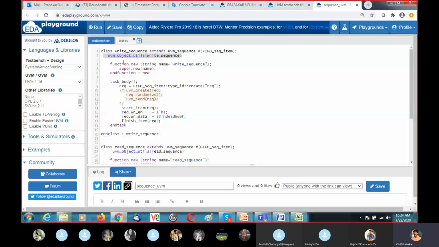So sequence is inherited from UVM object, right? So it is an object, not a component. UVM sequence is an object. So you have to use the UVM object utils. Then this function new, a new constructor for this sequence. Then task body. Okay, inside the task body, the actual functionality